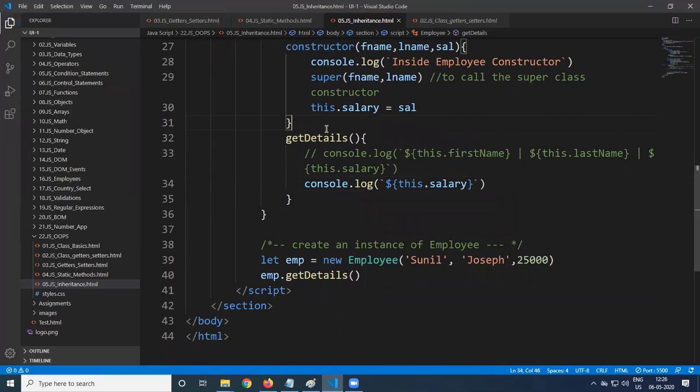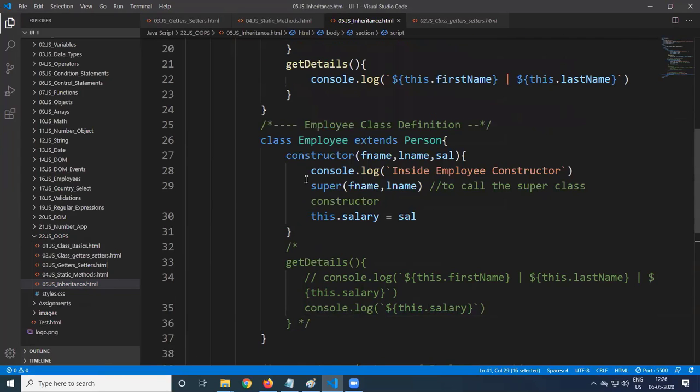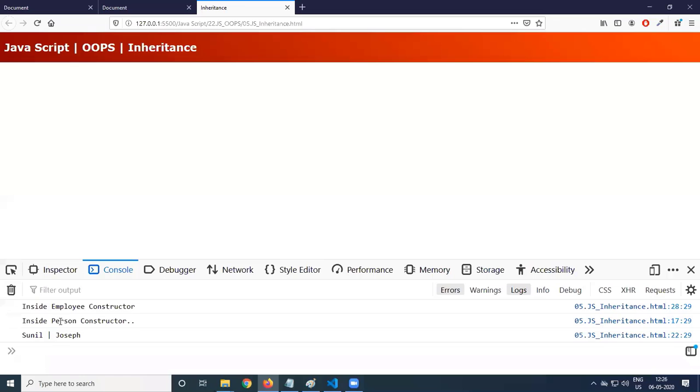But suppose getDetails is not defined here, inside the child class. What will happen? Whenever you say emp.getDetails, it will see in its own class whether getDetails is available or not. If it is not available inside this class, it will take it from the superclass. So we will get first name and last name.